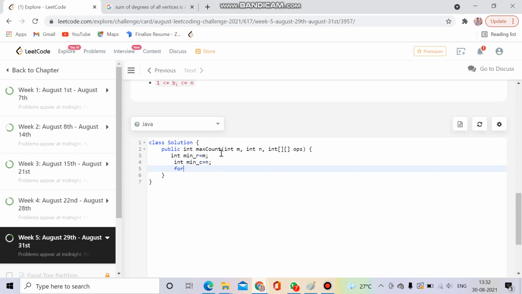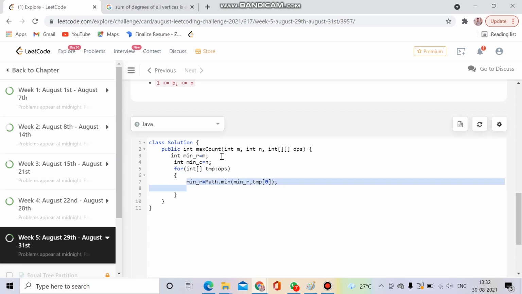Now I will take out the coordinates one by one from the 2D array, and I will compare them. minR equals Math.min of minR and the first element of the coordinate for the minimum number of rows, and similarly we will do the same thing for the minimum number of columns. I think you must all be getting what I want to say. At last I will simply return the product of minimum row and minimum column.